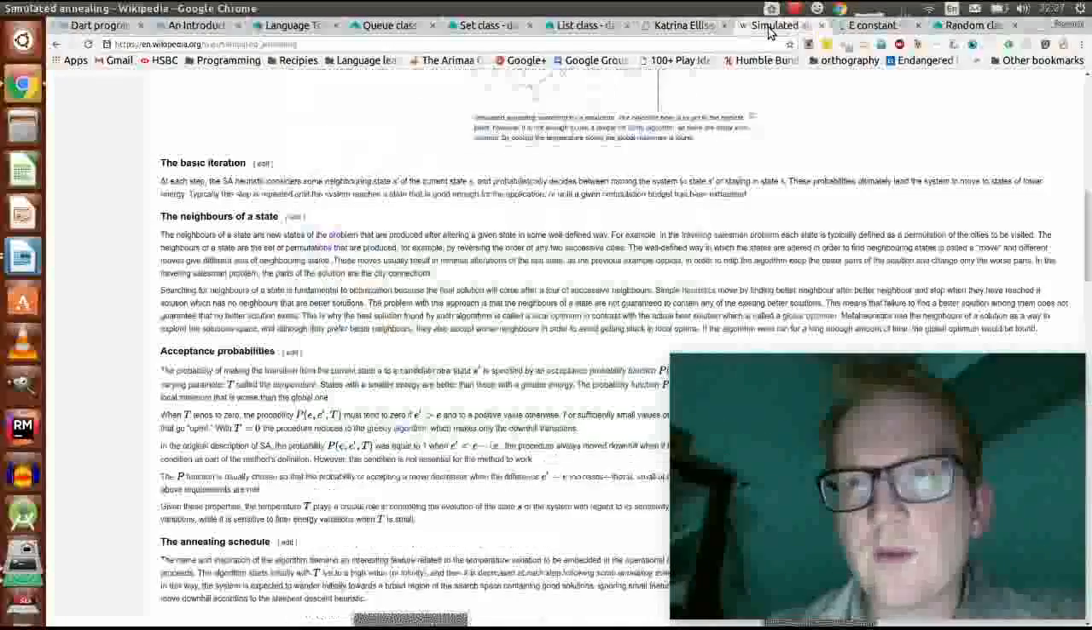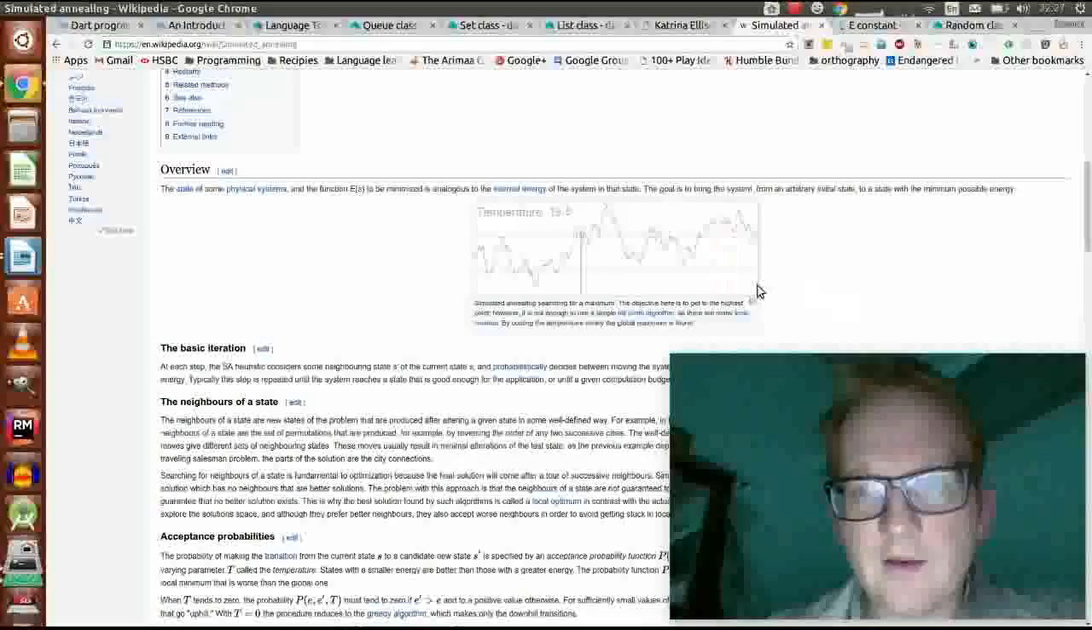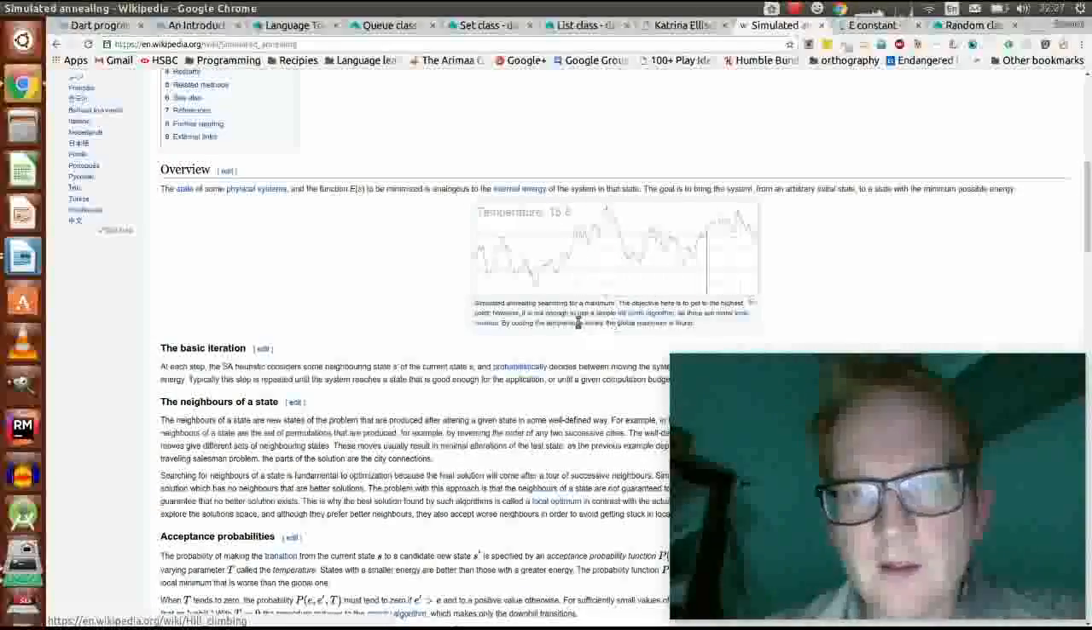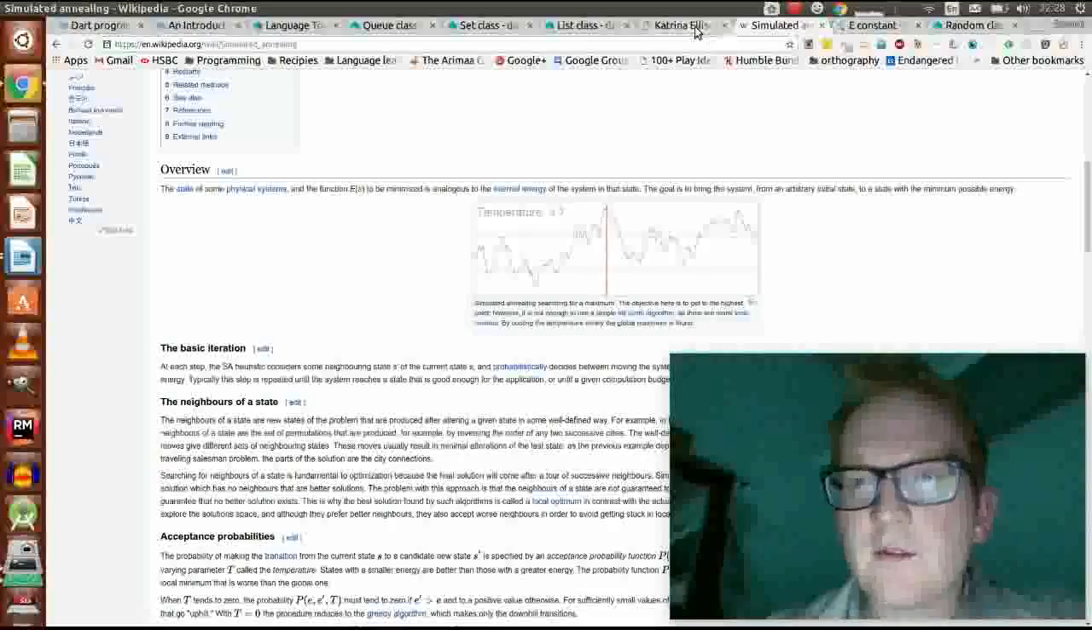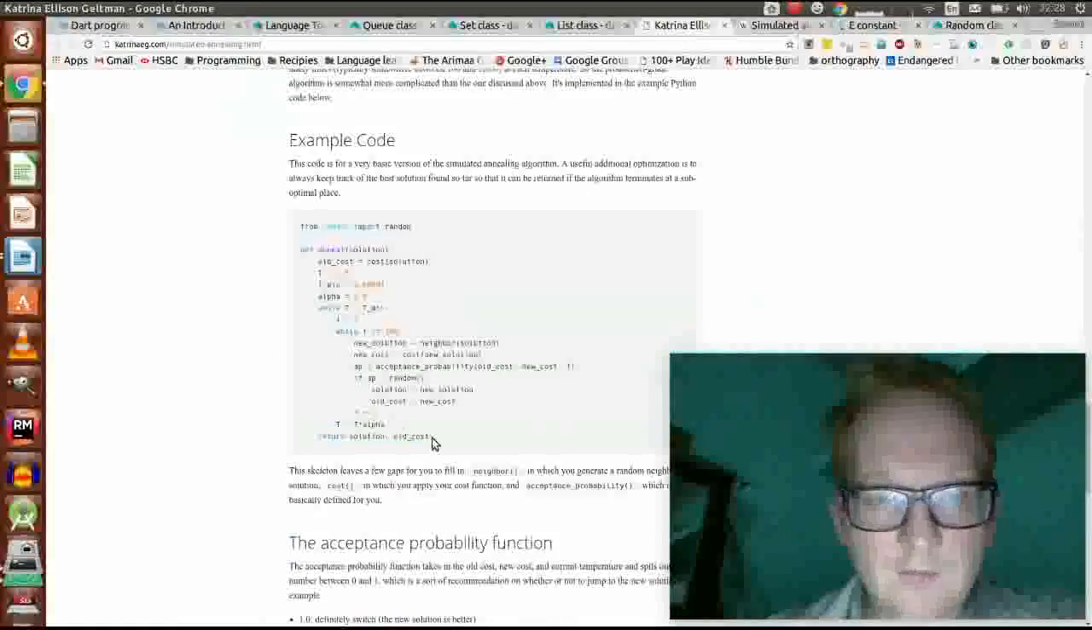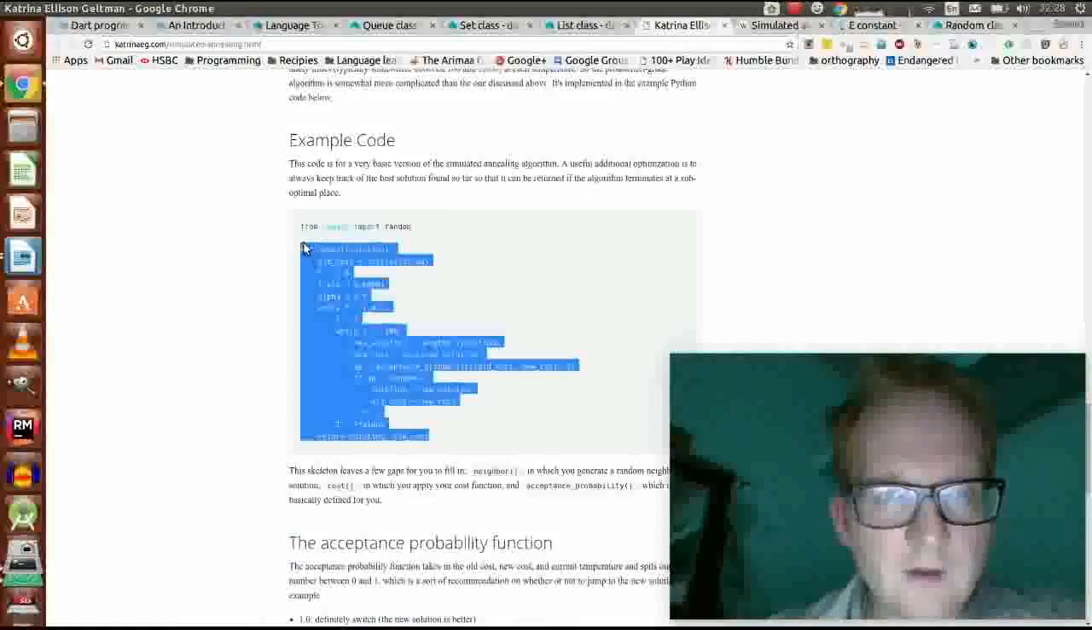Here in the Wikipedia article, you can see a little animation of it running. As the temperature goes down, there is less jumping around and it stays where it is. When it starts off, the temperature is high, and it can go anywhere, up and down. It can get different ones, and as the temperature drops, it doesn't do that so much. So that's the algorithm we're going to do, and helpfully we've got a Python